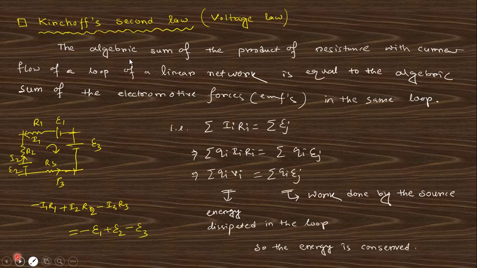And the next one says that the total current into resistance of this loop equals the total energy source, that is the battery. So if you multiply by q on both sides, this is nothing but q times iR equals qV, that is the energy dissipated by this loop, and this is the energy supplied by this source. That means the energy supplied by the source is equal to the energy dissipated by the loop, that is the total energy is conserved. That means energy transfers from one form to another form.